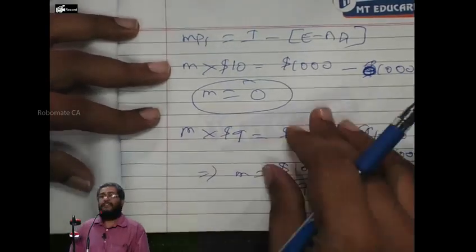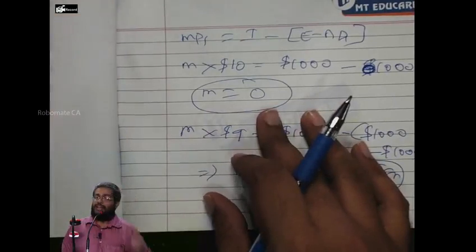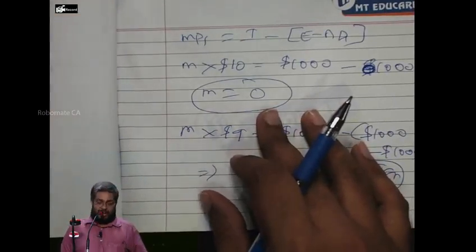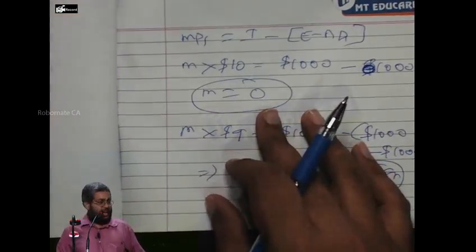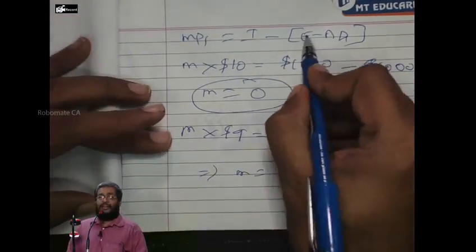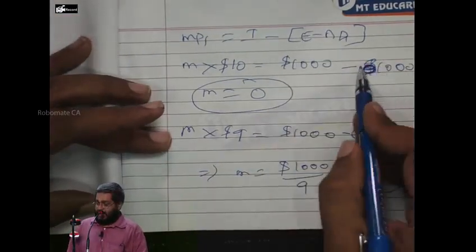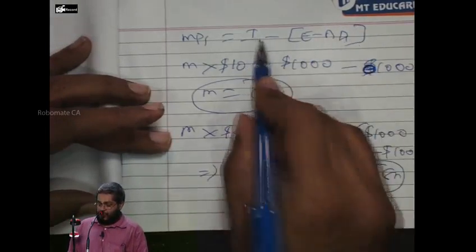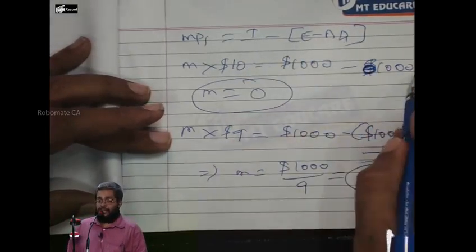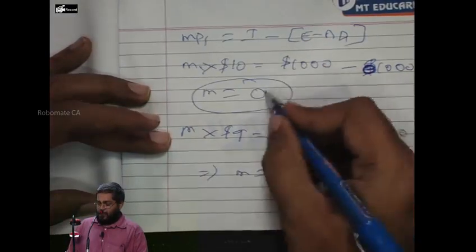Now, again I say, very simple. I have $1,000 cash or not? Is the cash earned in the last year or not? Now I'm in the beginning of this year. The cash earned is how much? $1,000. So earnings, I have $1,000 cash. I declare how much dividend? 0 dividend. So the $1,000 investment is financed through what? $1,000 cash. What is the number of new shares to be issued?